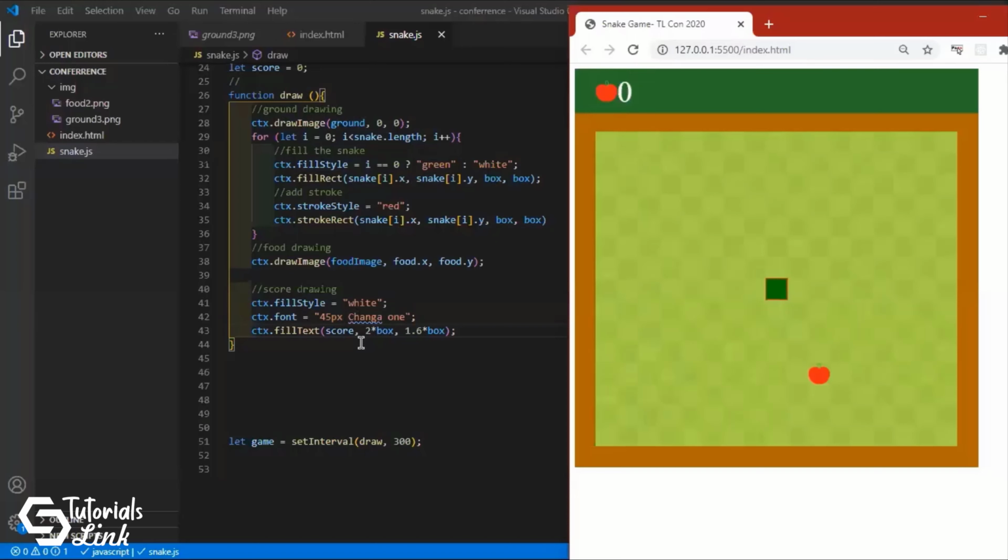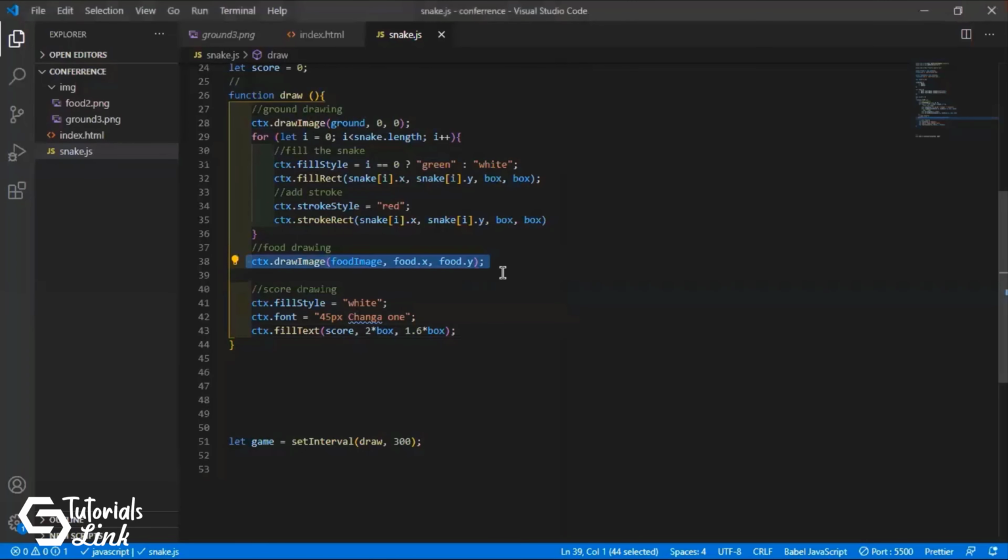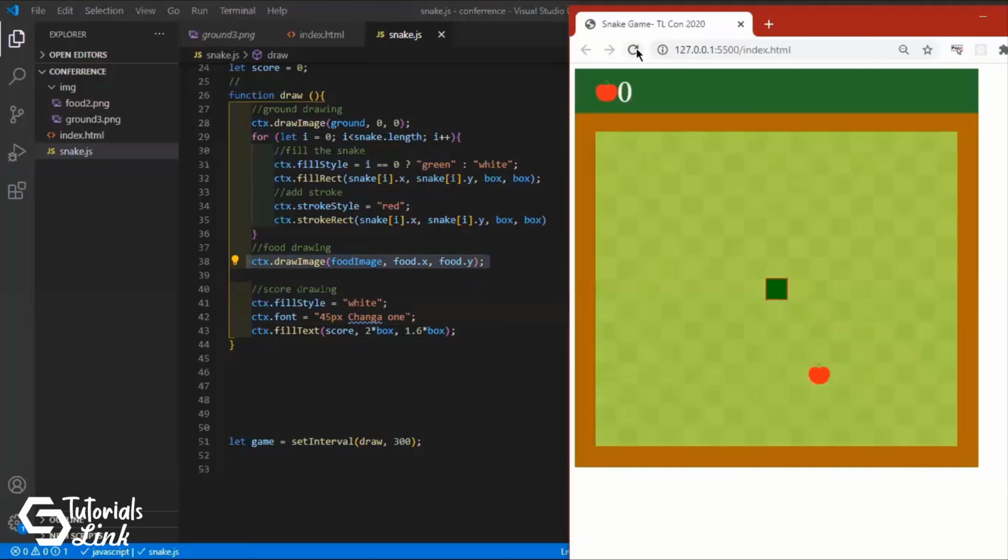Great. Now let's see if this random function is working or not. You can see that the apple or the food is generating randomly everywhere. Okay, so far so good, everything is working.